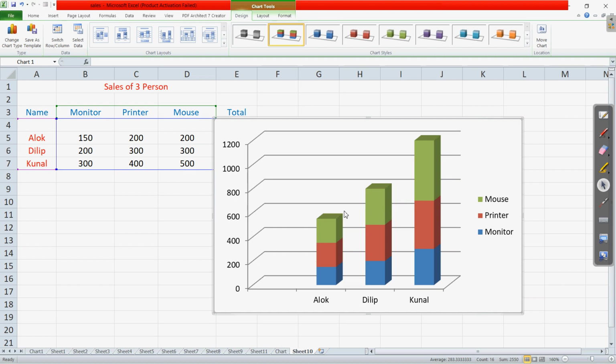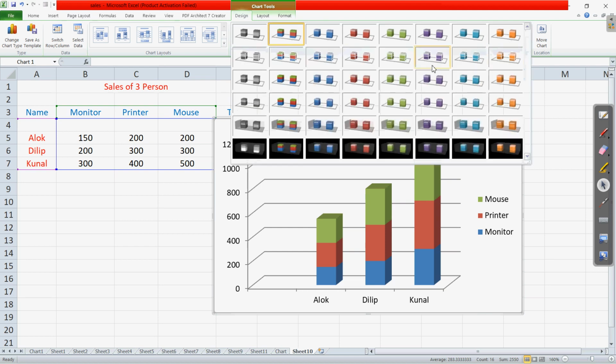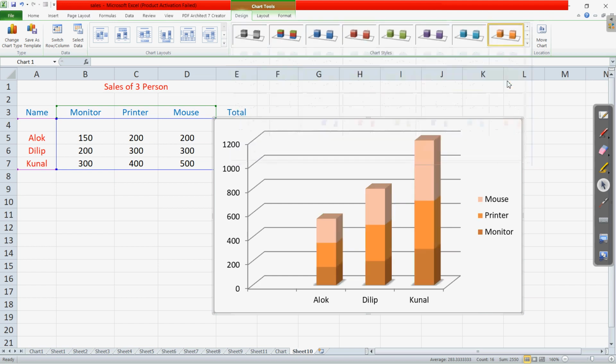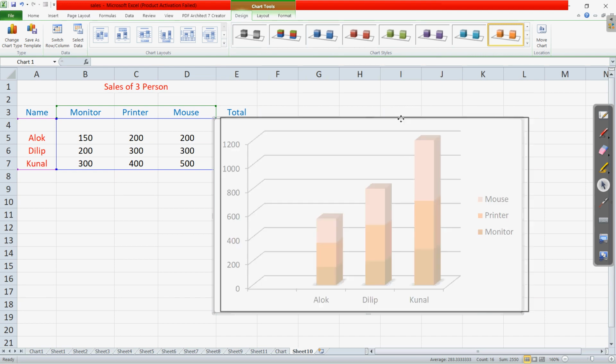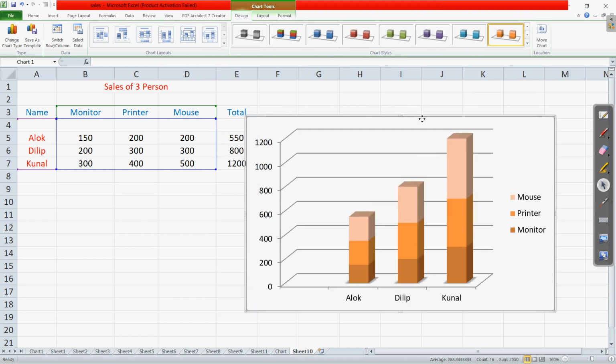Now for the different chart types, we have these chart styles. Here in the chart styles group, you can see these are the different styles. If you want to change the appearance of any one of these, we can choose from these. So here the appearance is now changing. So this was the different chart style. Now one more feature we have, that is changing chart layout.